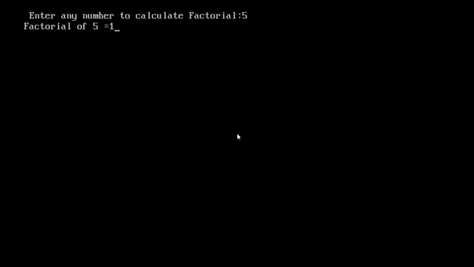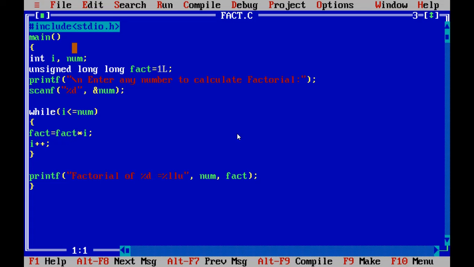Factorial of 5 equal to 1. It is wrong. We made a mistake. We forgot to initialize i equal to 1.